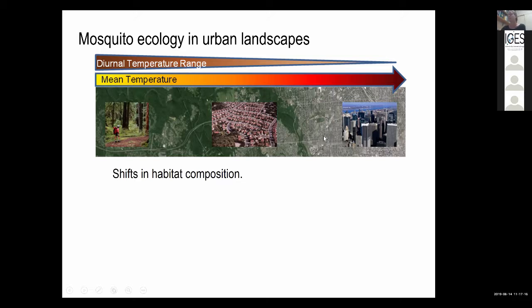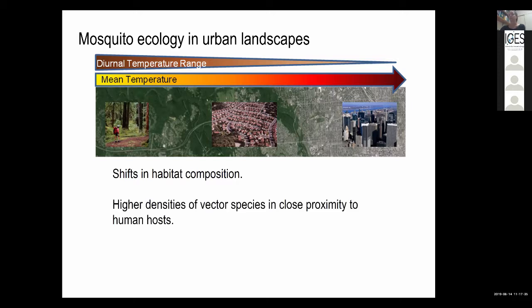It tends to get hotter as you move into the urban area. You get the urban heat island effect. And part of that is because it doesn't cool down as much at night. So it maintains more of the heat in all that urban infrastructure, and you don't get as big a diurnal temperature range. We also know that you get higher densities of vector species